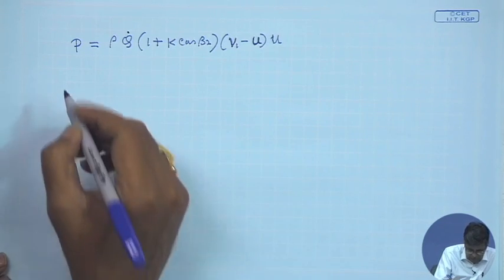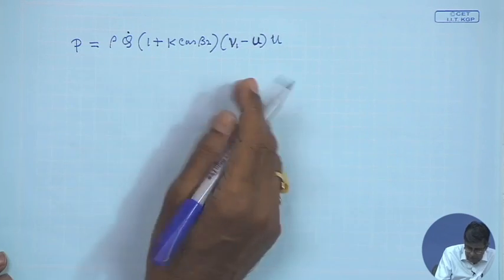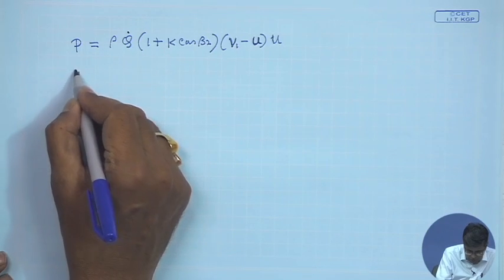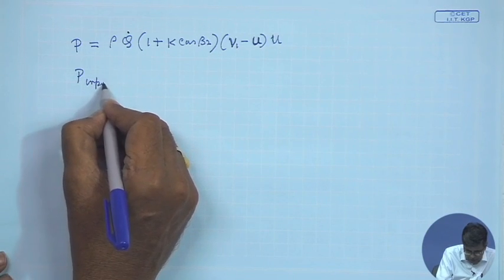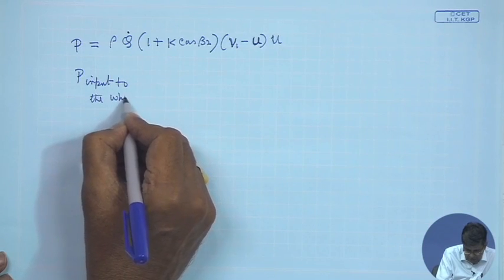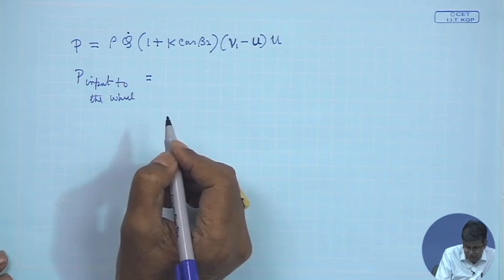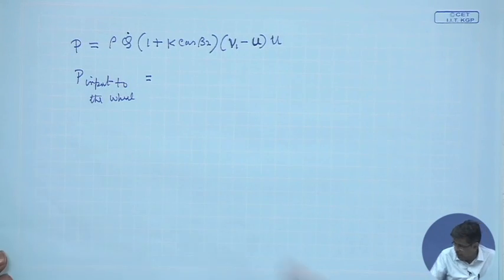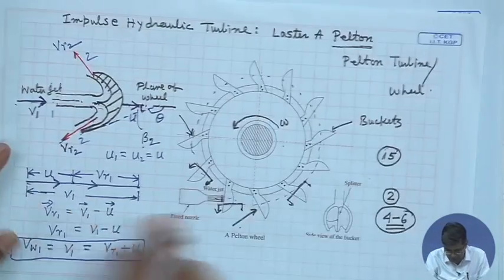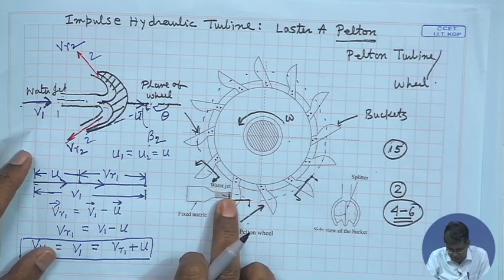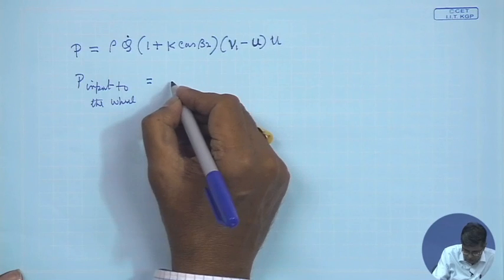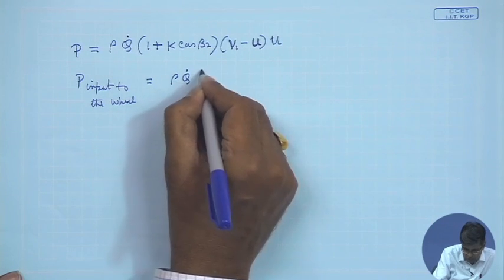Now, the input power to the wheel, this is known as the Pelton wheel, is given by what? Input is the kinetic energy of the jet. That means, if we see this figure, you will see that this is the input. Input is the kinetic energy of the jet. So, we can write that input power is rho Q dot into V 1